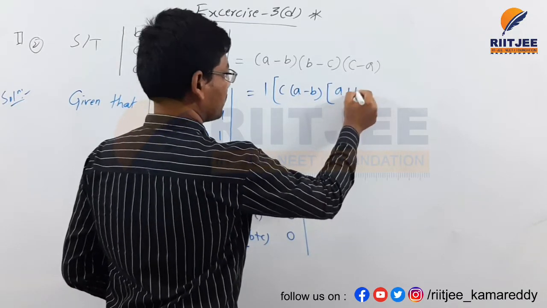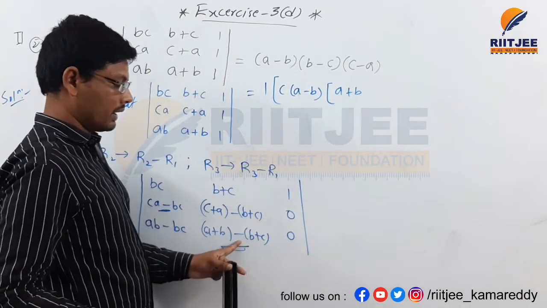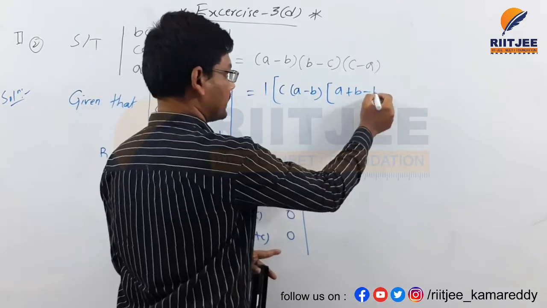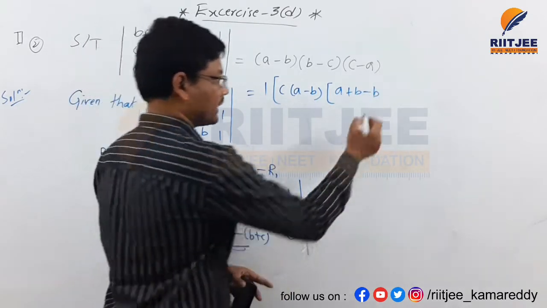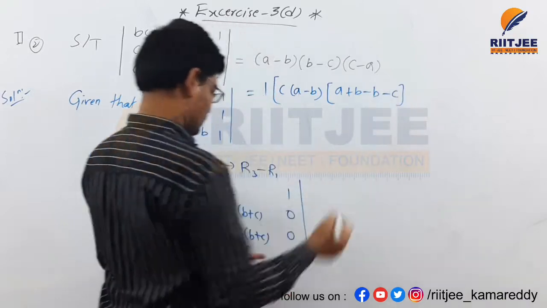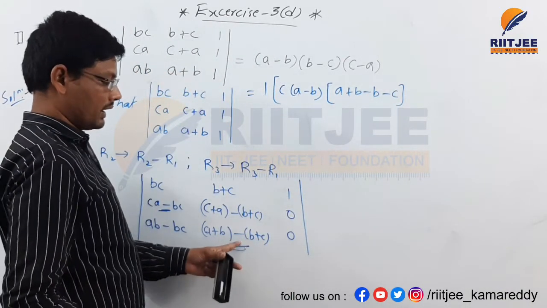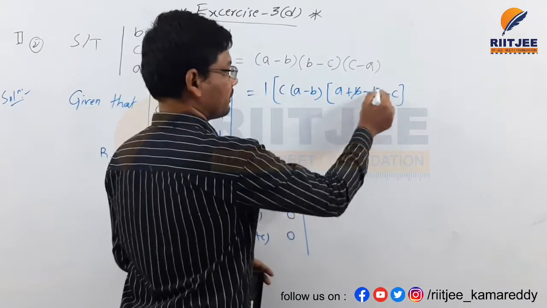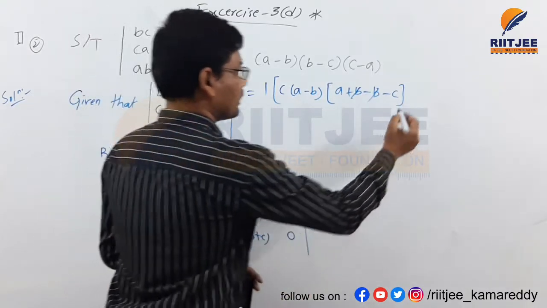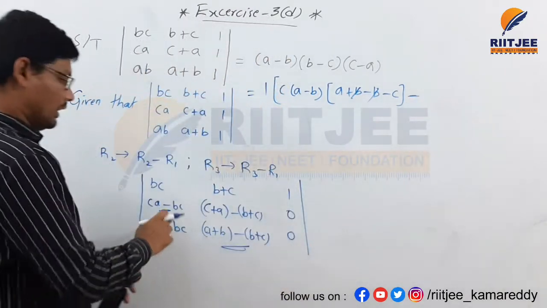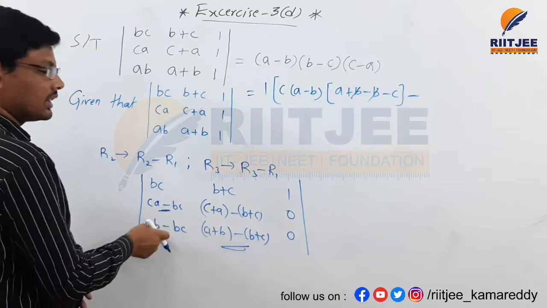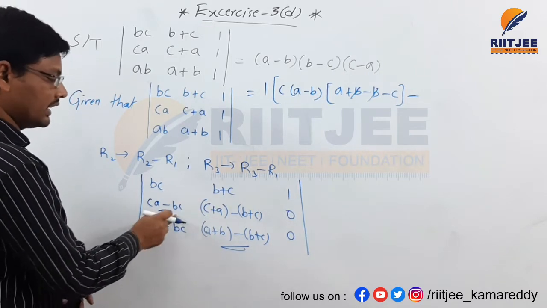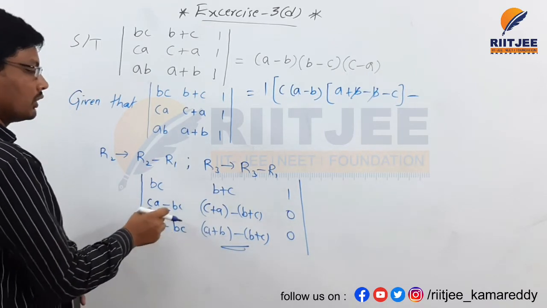A plus B, minus into plus, minus into minus, minus into plus minus, and minus into plus minus again. So plus into minus C, minus into plus minus B. So plus B minus B will get cancelled, and minus of AB, AD minus BC. In that manner I am calculating here AD minus BC here.